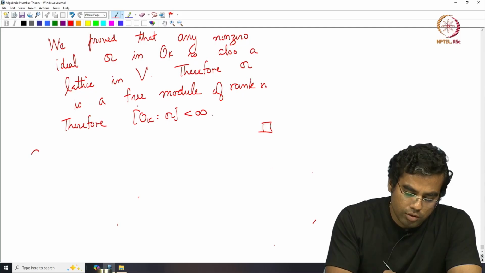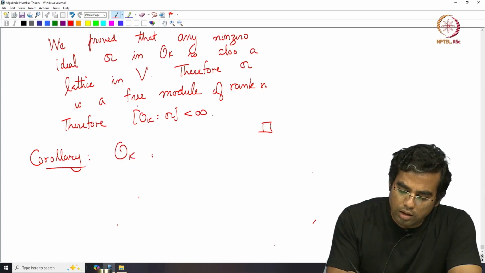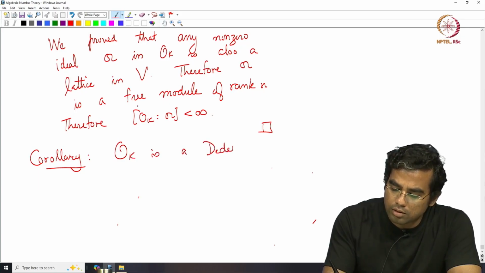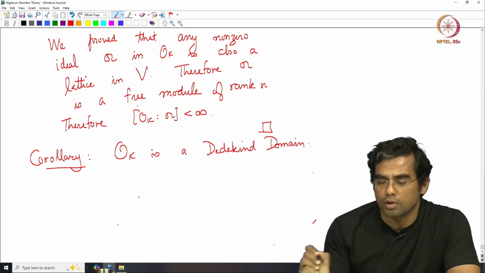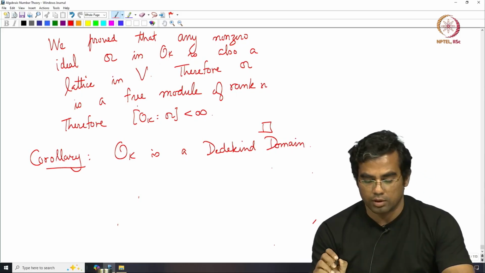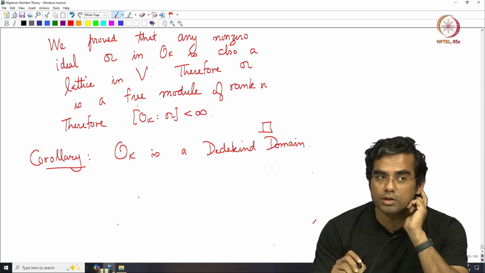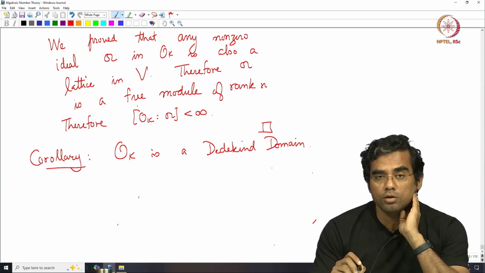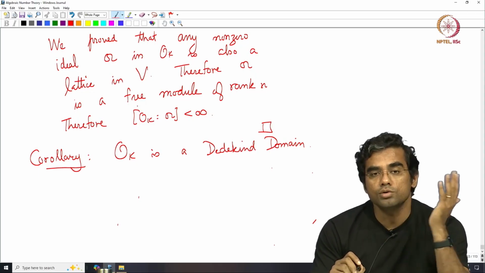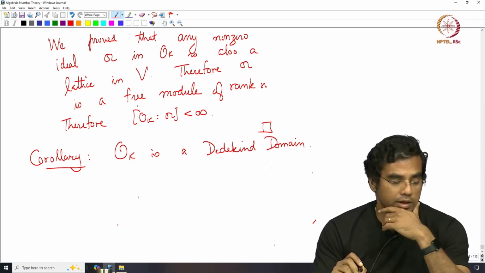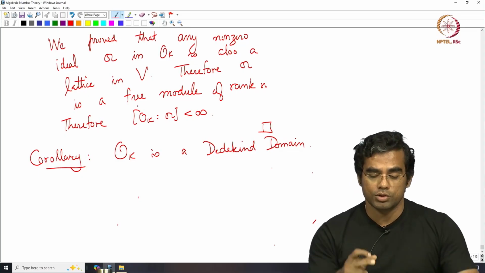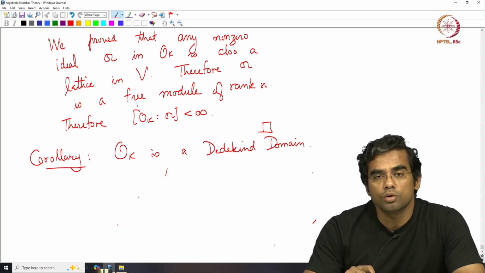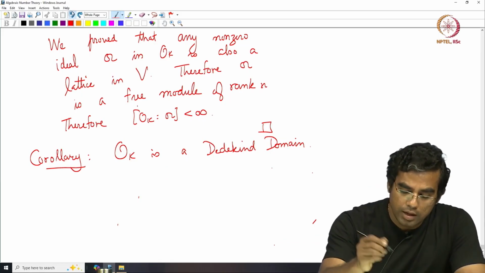and as a corollary we get the following: OK is a Dedekind domain. So now we have proved that a ring of integers in any number field is a Dedekind domain, and hence we can use all the properties that we proved for general Dedekind domains. But before going to that, we use something that went into the proof of the last lemma, and make